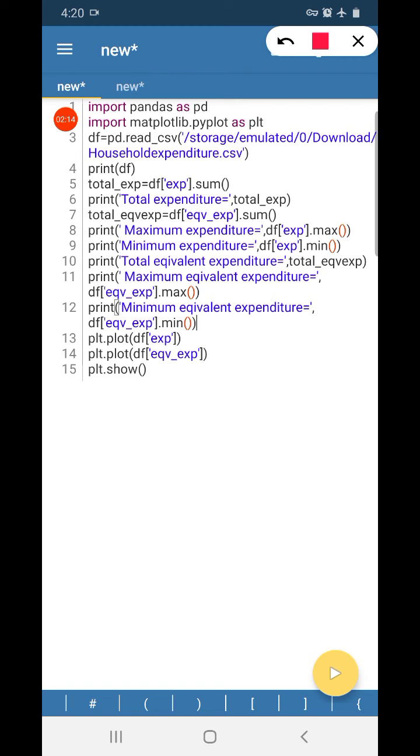Then the total equivalent expenditure, that there is a column exp equ for finding the equivalent expenditure. So it is stored in this variable and it will be displayed here. Then the maximum equivalent expenditure, it is displayed here.